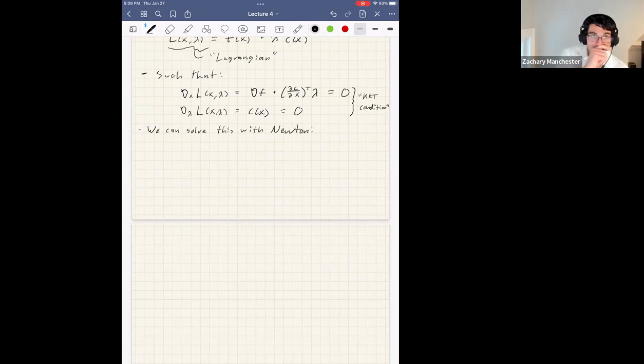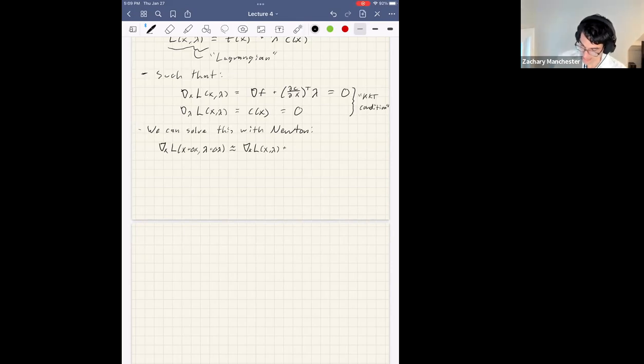In particular, these are nonlinear functions in general, so we have to take a first order Taylor expansion like before. We're going to do first the grad with respect to x of L. We're going to plug in x plus delta x, lambda plus delta lambda. So we're taking a first order Taylor expansion in both variables. So this is approximately the original function plus